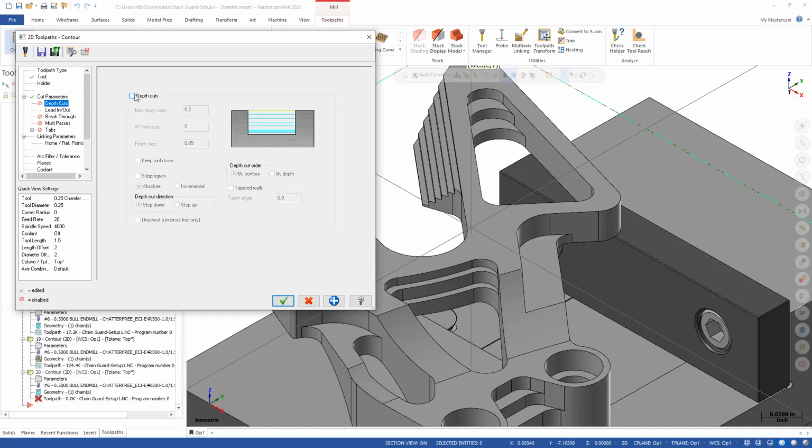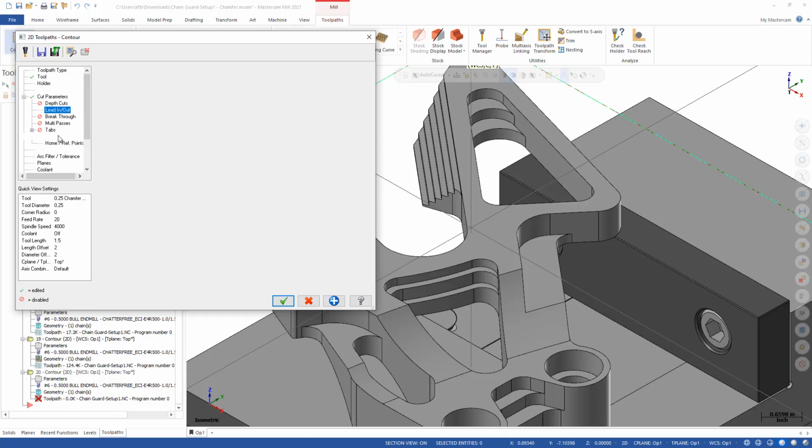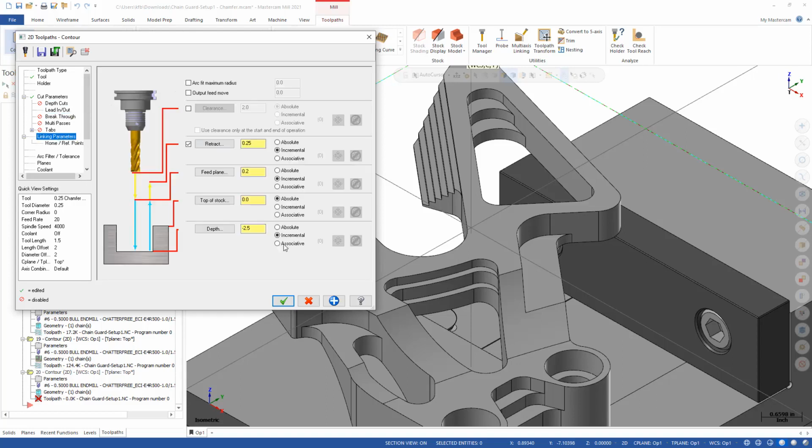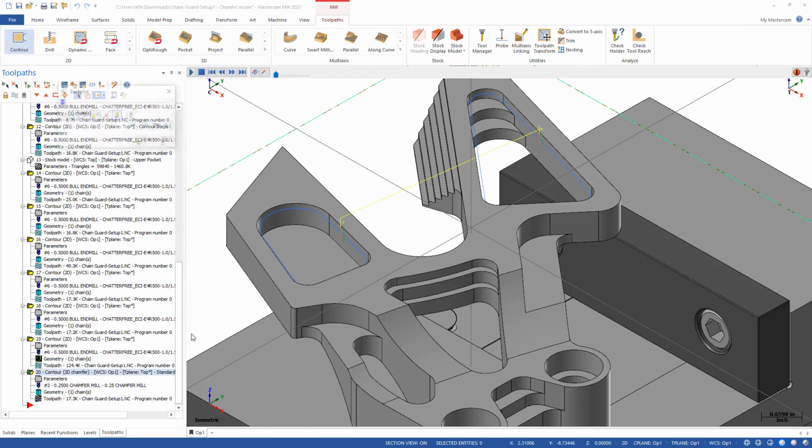I'm going to turn off depth cuts. Like I said, we can do lead in and lead out. And we have our linking parameters, which I'm going to set back to 0 for the depth. And when I click OK, you'll see that the toolpath gets created. And if we backplot this,